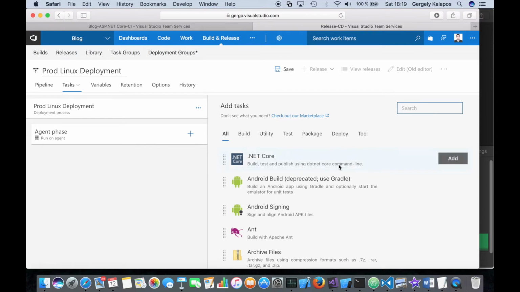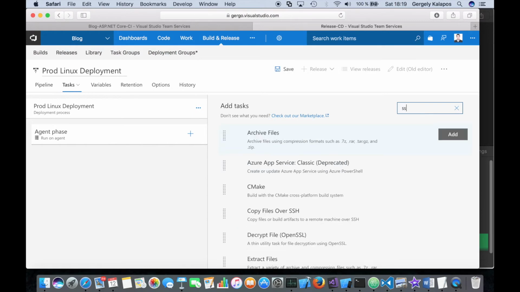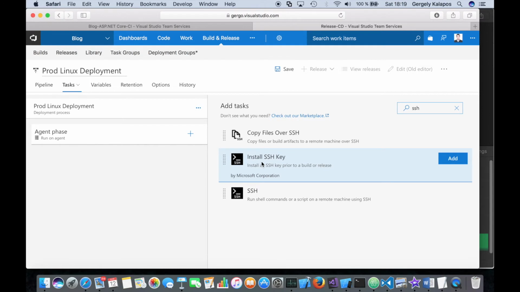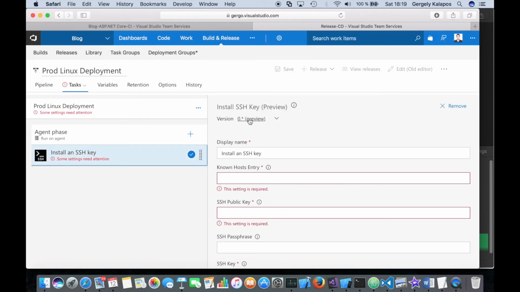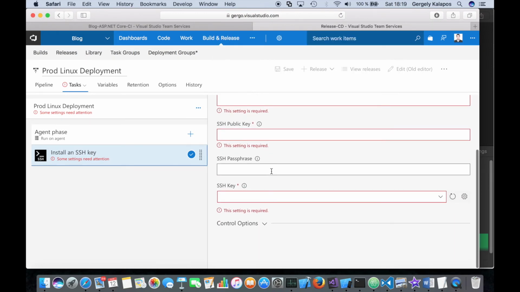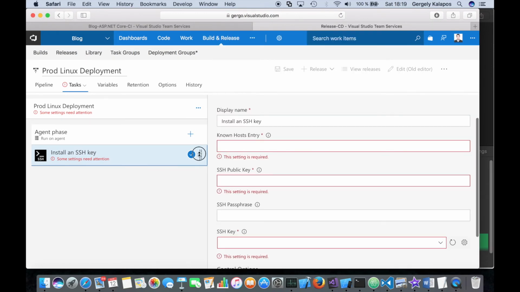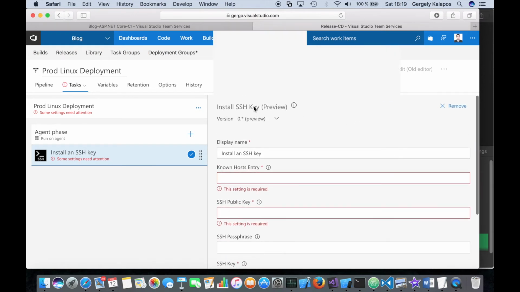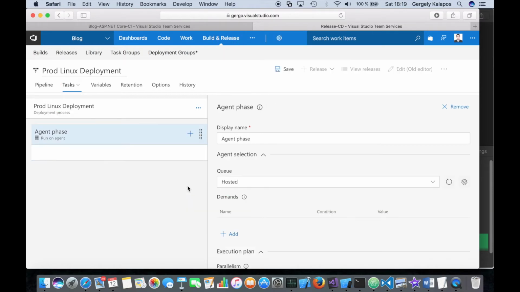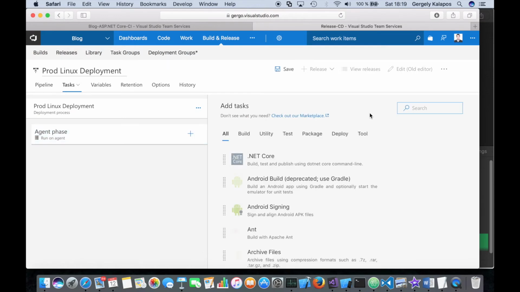So first, the focus on the SSH keys. There is one task for that. This is in the preview stage, and unfortunately this didn't work for me. Maybe I did something wrong, but this is really new. This was introduced, I guess, a few weeks ago. So this is not what we use. What we use is